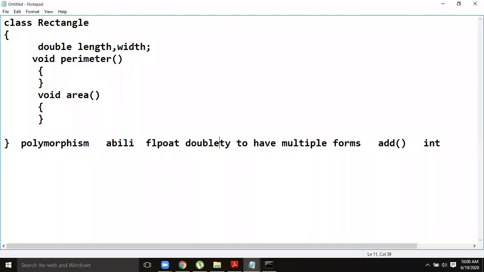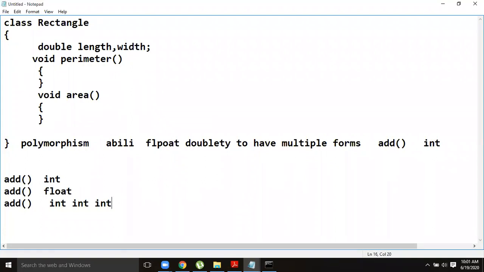So I have defined one method for integer addition. I have another method with the same name for performing addition of floating point numbers. Similarly, I can use the same method name for defining different method behavior. So the same name is exhibiting different behavior. That is what the ability to have multiple forms means.